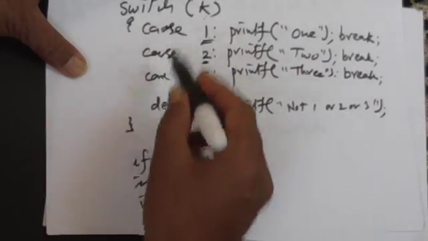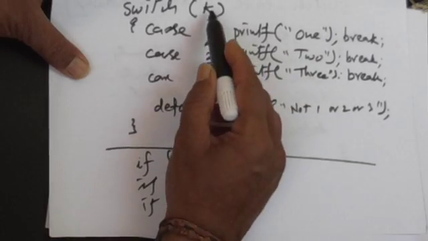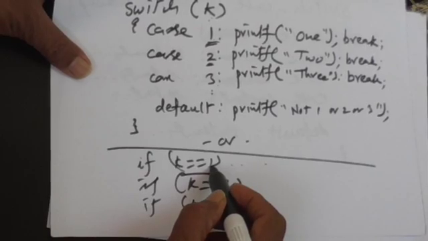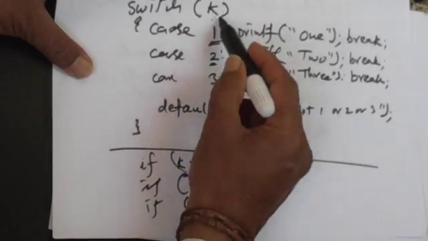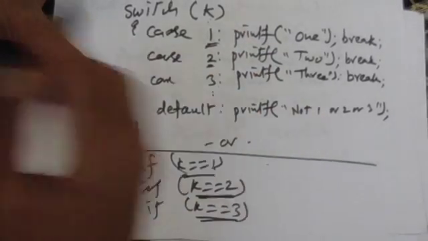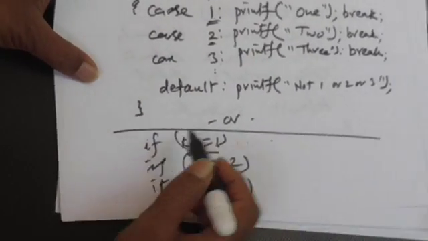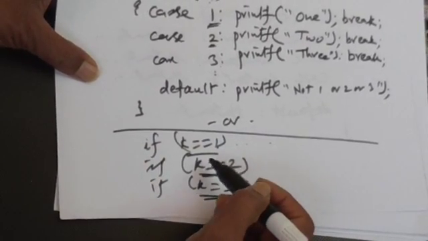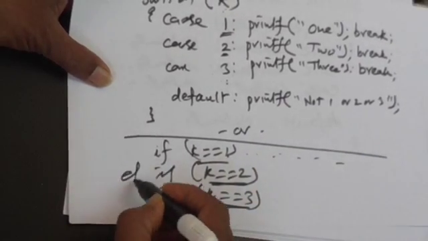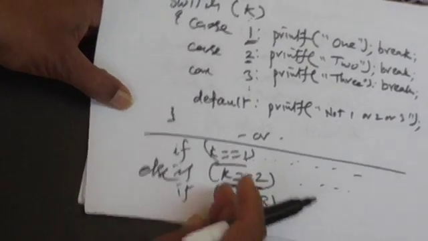This is what is going to execute when it is 1. So writing that k is equal to 1 is something like writing if k is 1. If k is 1, what action should you take? If k is 2, something like writing what to do when k is 2. If k is 3, similarly. When none of them is executed, then how should it be done? So if k is 1, what should be done? Else, it means if it is not 1, what should be done? Else